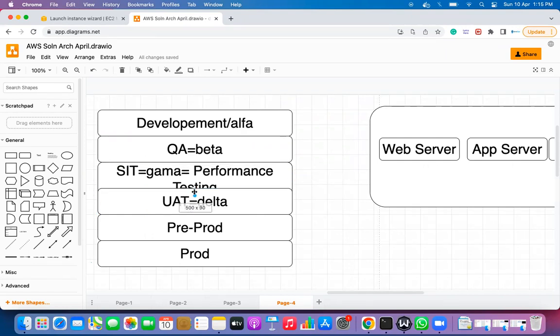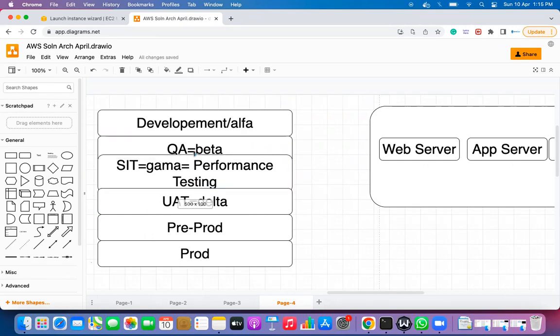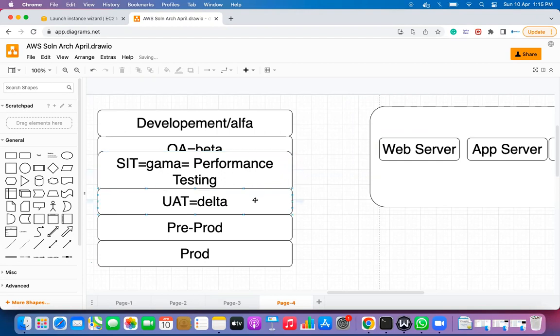This is a lower environment, not production, but yes, this is going to be sort of a production environment. Over here, we will be